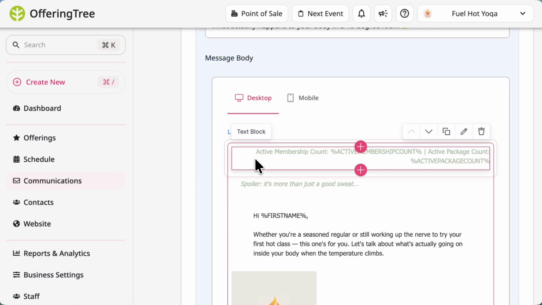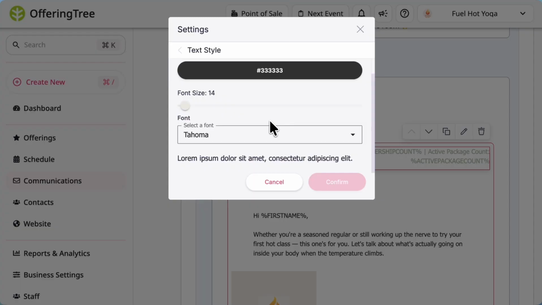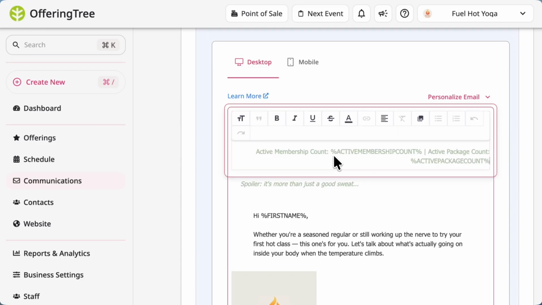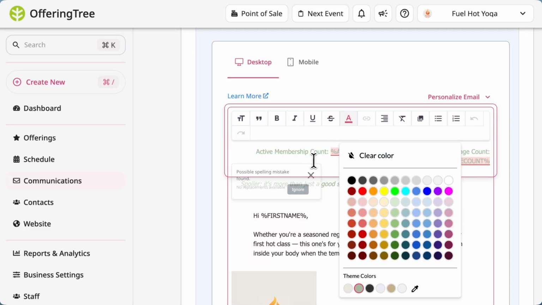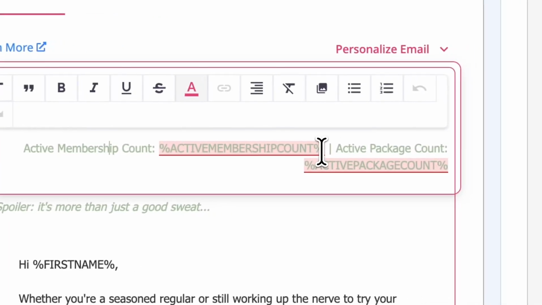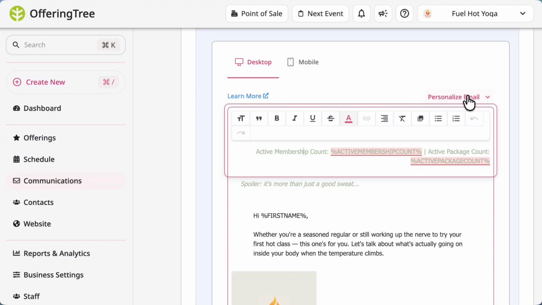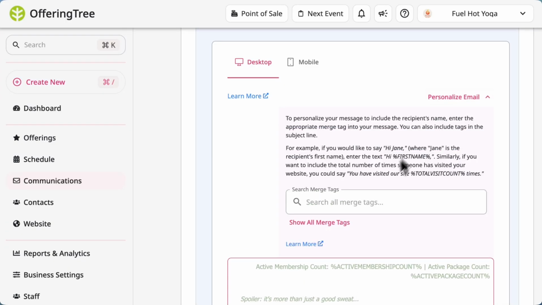So in this example, we're simply using a text block, and you can edit the color of the text here and also what the font is like. You can also edit the color within the text block by clicking on the color option. And you'll see that we have added the active membership count merge tag between the two percentage signs,